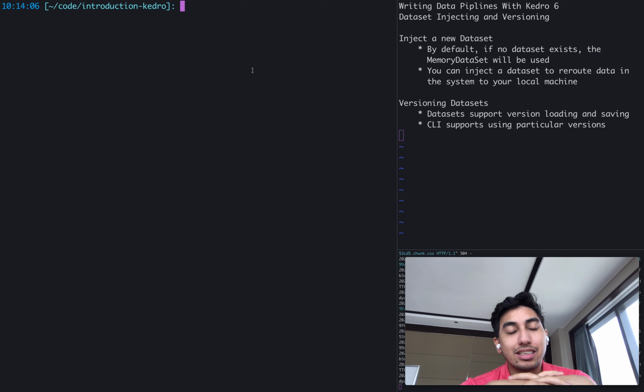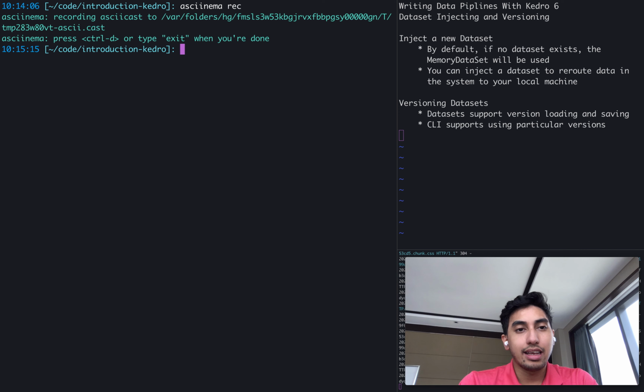In today's video, we're going to be talking about dataset injecting and dataset versioning. So, what is dataset injecting? Well, if you've noticed, first off, in our data pipelines, we don't actually have the entirety of the pipelines specified